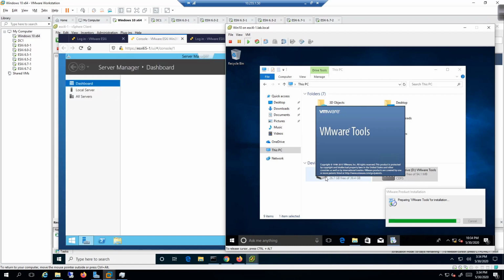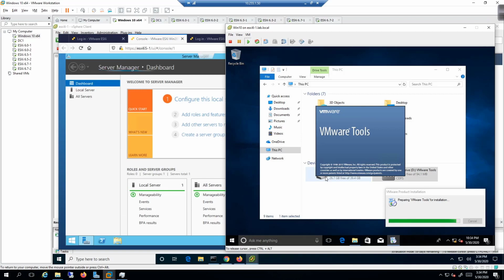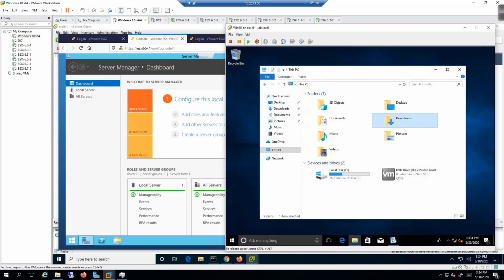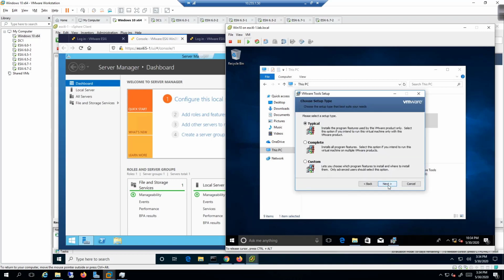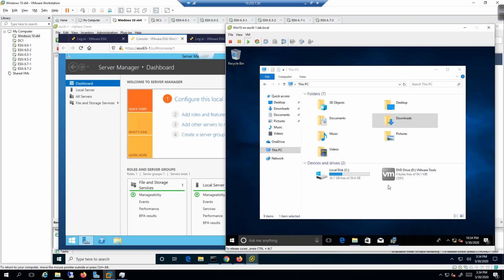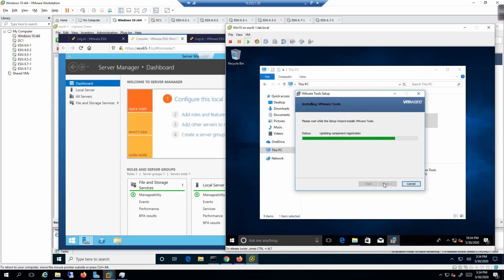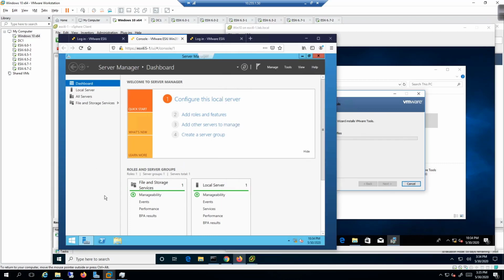On the left side of the screen we can see that our login was successful and we're in good shape. Alright, so if we come down here to this icon right here, it'll take a second, and then we're going to go ahead and click on next for the install. We're going to choose a typical install and install. We're going to let it do its thing, and then we're going to come over on the left side of the screen on here. We're going to go to the File Explorer,